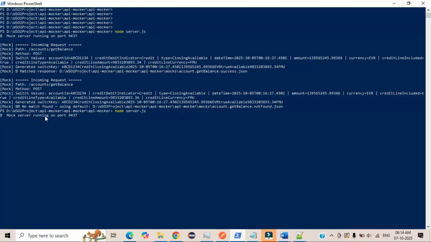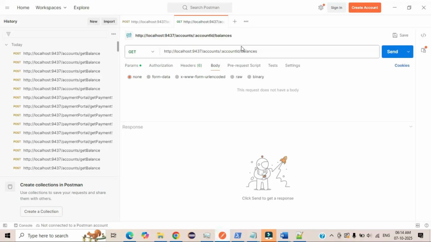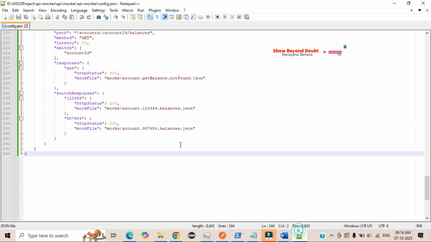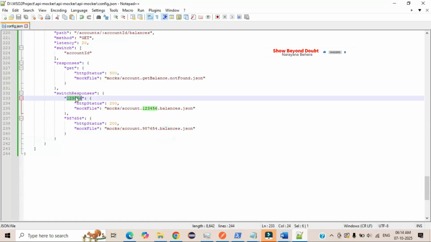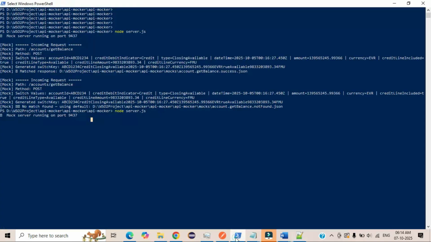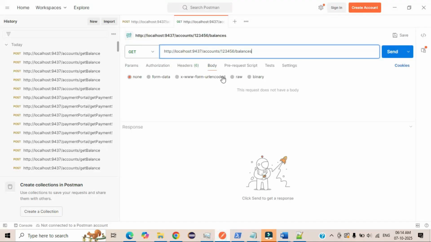So it's showing it is running on 9437, right? So our API Mocker has already started. Let me go through Postman again. Now instead of this account ID field, if I am passing it dynamically, let me go through our configuration. Just as an example, let me copy this one. In Postman, replace with the new account ID, right? If I send the request,